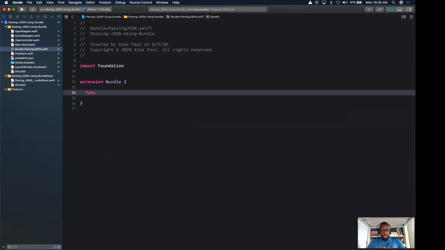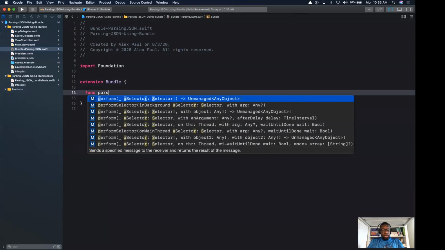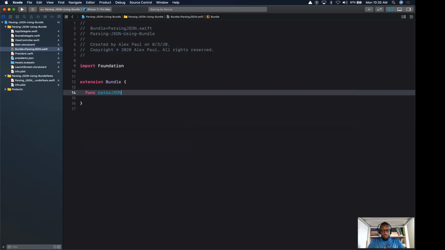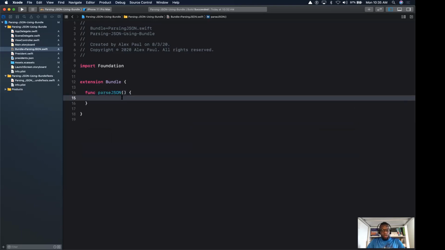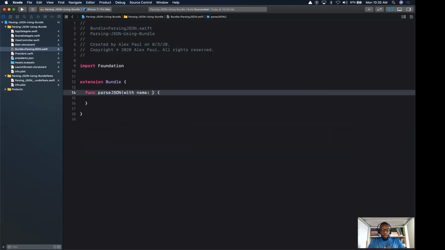All right, so here we'll start with our extension on the bundle class. Our function will be called parse JSON with name, some string. Steps we need: 1, read file. Well, not read file, we need to get the path. Get the path of the file to be read